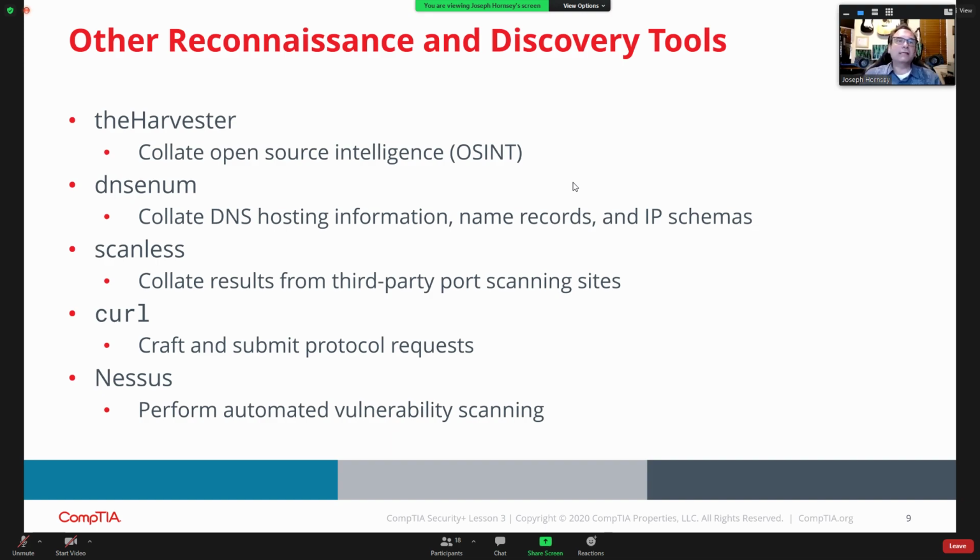Now, Nessus is actually one that is, again, very, very commonly used. When we look at the different tools that are out there, looking at Nessus,